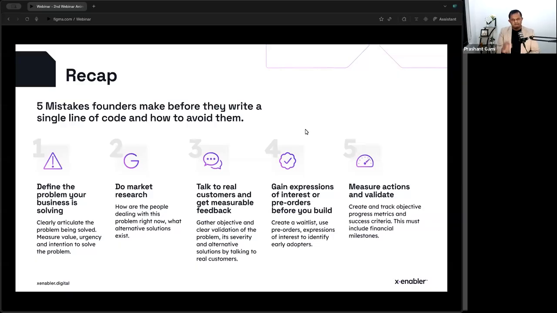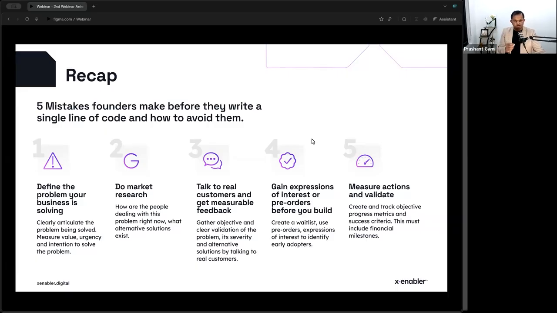And measure the actions, not the compliments. This is very important, because a lot of the time when you ask people, hey, if I create something like this, will you use it? They're more likely to say yes, but they will never actually end up buying that. So to actually measure the intent, you can create a fake door, you can create a landing page, you can create an expression of interest, you can even take pre-orders if that is something you can do. Those things will allow you to validate your problem, but also identify who are the early adopters, who will be your beta users or initial user base.